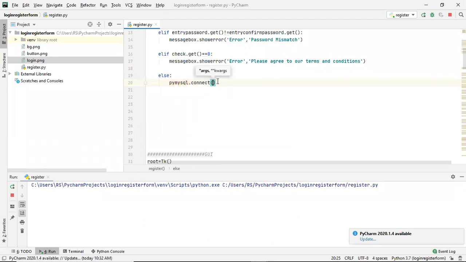And here we have to pass all the information. So first of all, the host. For all the systems, you guys are on a local host, so you have to simply write here localhost. This is the host name. Next thing is the user. Generally when you install the setup, they ask you for a user and password.